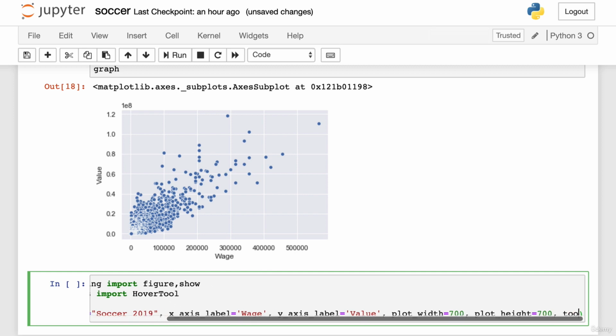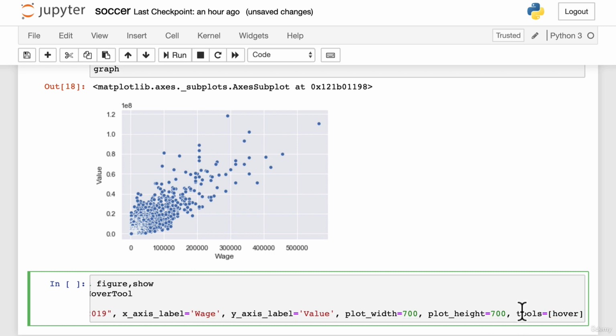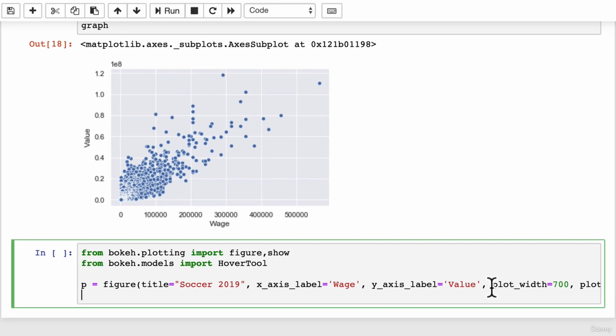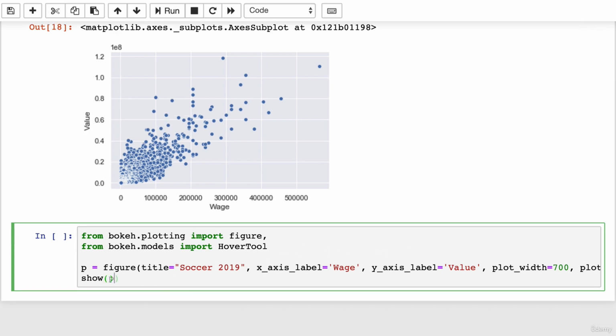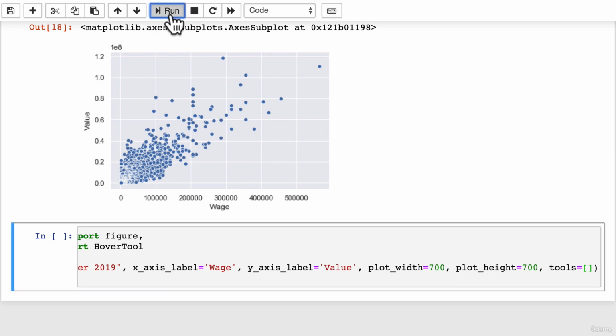And then finally, I can say what type of tools I want to use. In our case, we're going to create a hover tool so that we can hover over this figure. So this will be our graph right now. Next, if I do p.show, or actually the way it would work is we do the show that we import from here, and we run it like this. And you know what, for now, let's not use any of the hover tools. If I click run here,